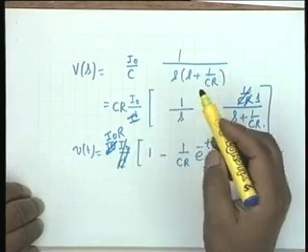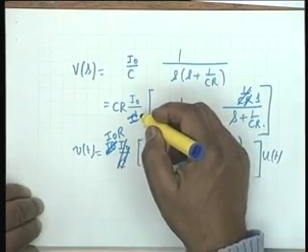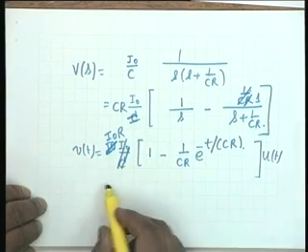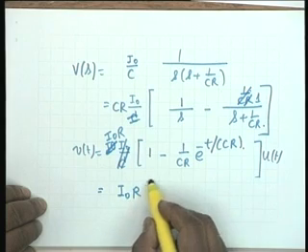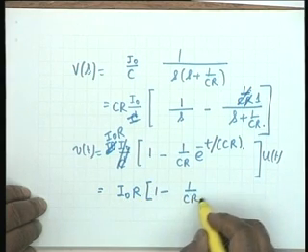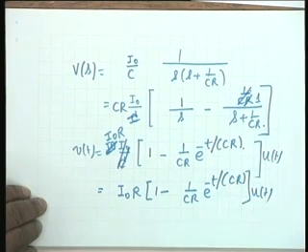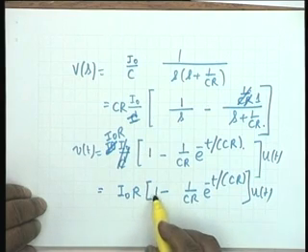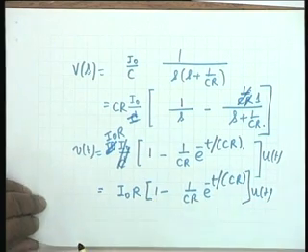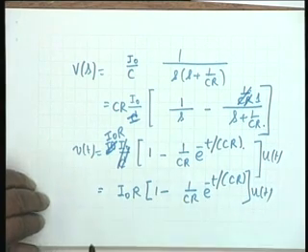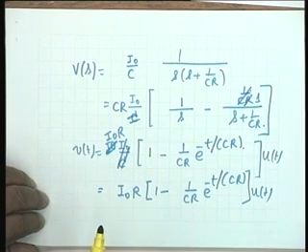Oh yes, I naught by C is there, and therefore C and C cancel. I get simply I naught R. Let me write this correctly. I naught R. Now tell me if you have an objection. Is that okay? I hope so. All right. Now you see that it contains two terms. One is a constant and the other is an exponential term. And you can see that at t equal to 0, the value is 0.